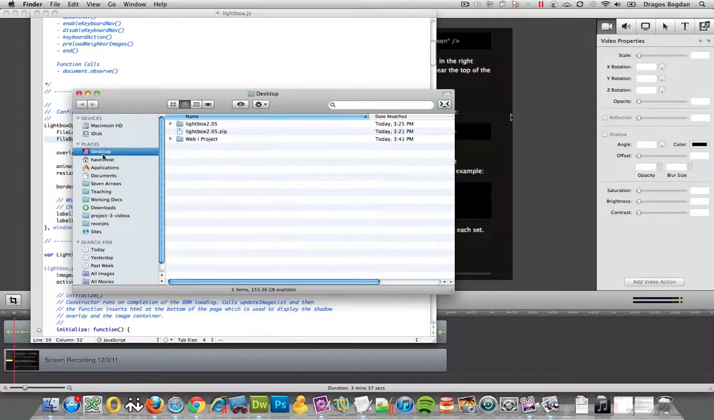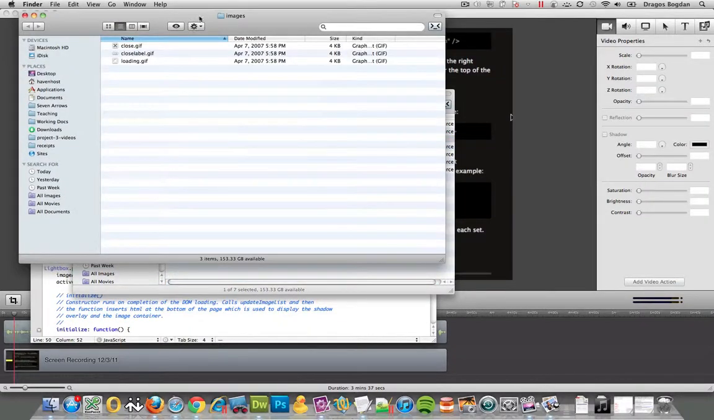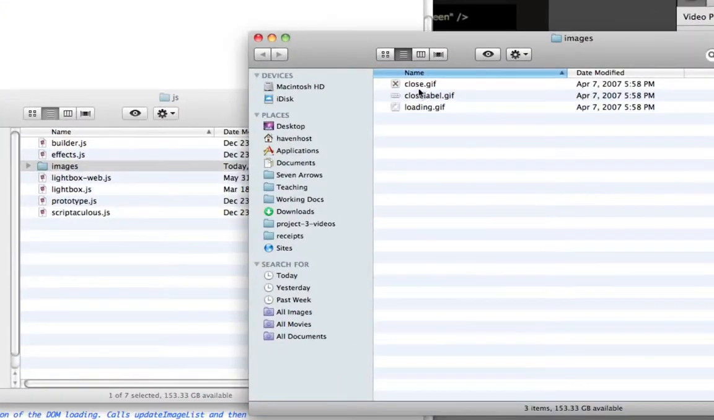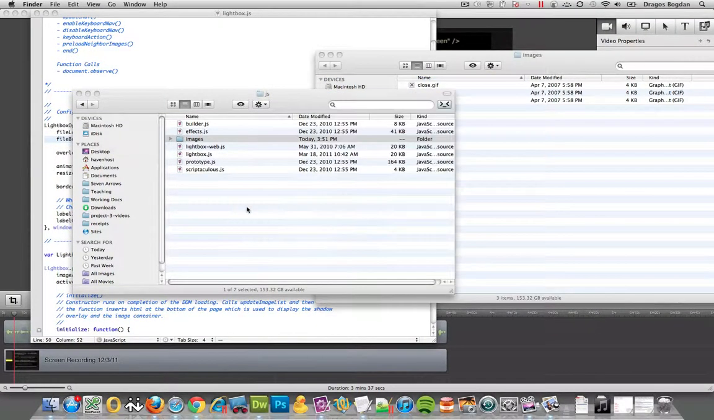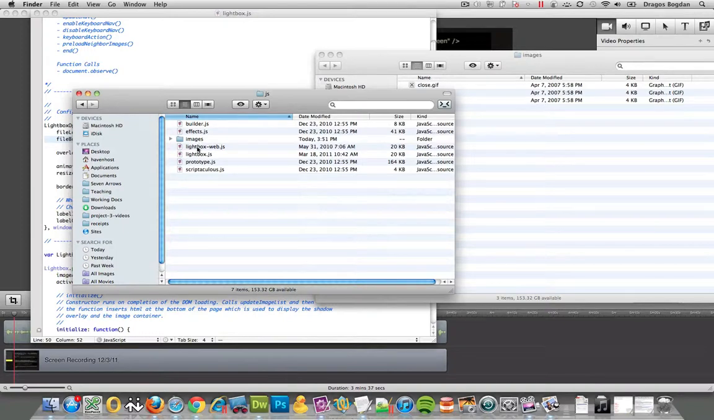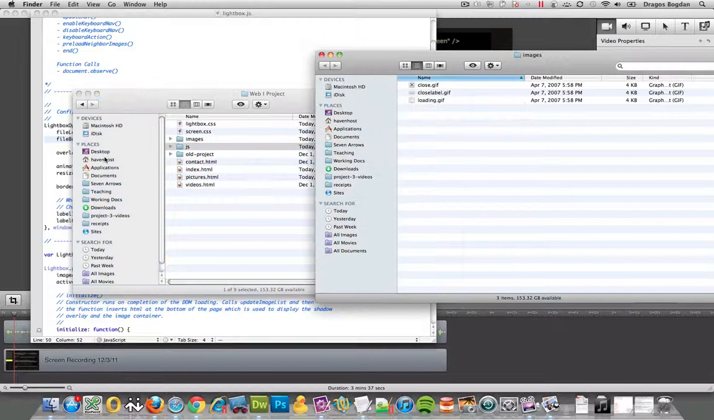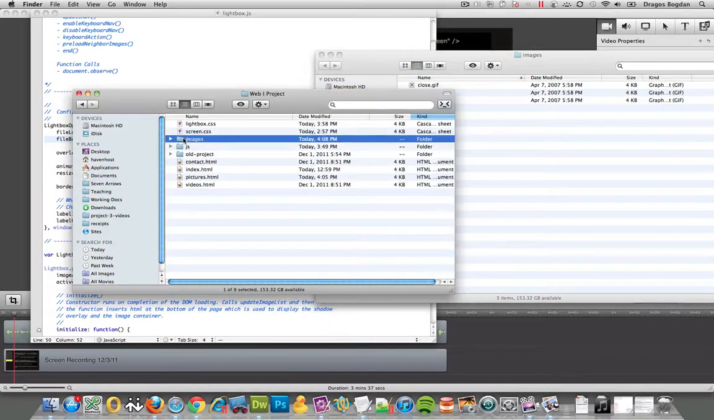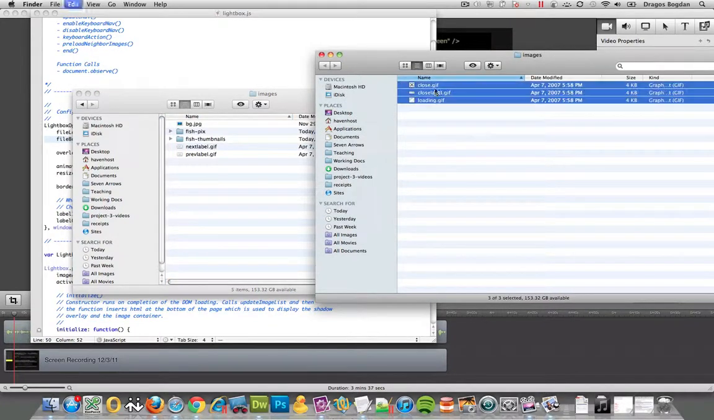I went into my JS folder, and I made this images folder that had these three images over there: close, close label, and loading GIF. But that was actually wrong. I didn't need to create an images folder inside of my JS folder. Rather, these images should have just gone into my main images folder. So if I take these images and move them over here,